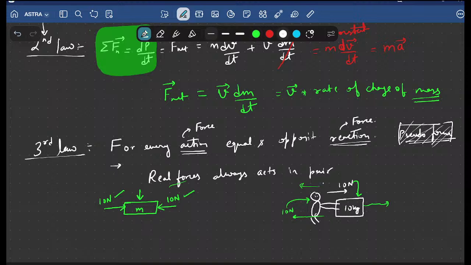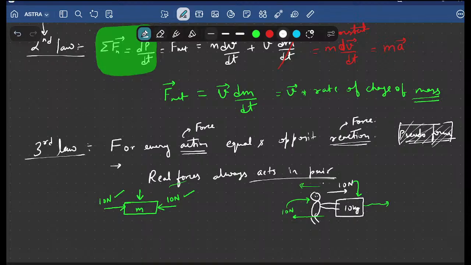Basically, what I mean to say in short and simple is that real forces always act in pairs. They never act individually. Whenever you apply some force on any entity in this universe, maybe contact force, maybe non-contact force, it doesn't matter. Non-contact forces are those which act from a distance, and contact forces are those which act by touching. Whenever there is some real force, they always act in pairs, with one action and one reaction. And since action and reaction act on two different bodies, they won't cancel each other.